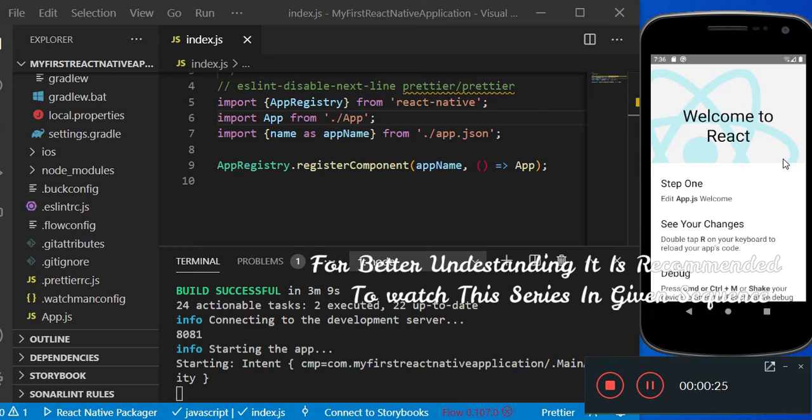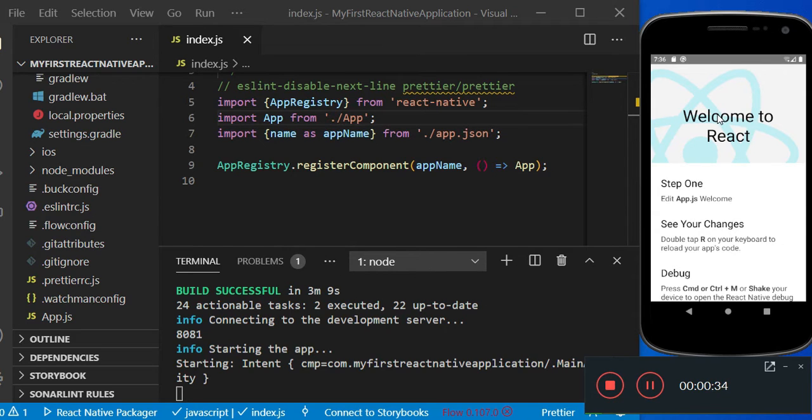Its meaning is, see here, instead of displaying this default output, if you want to display your own output, let us say hello world, then how to display it? That particular part we will discuss in detail in this particular session.